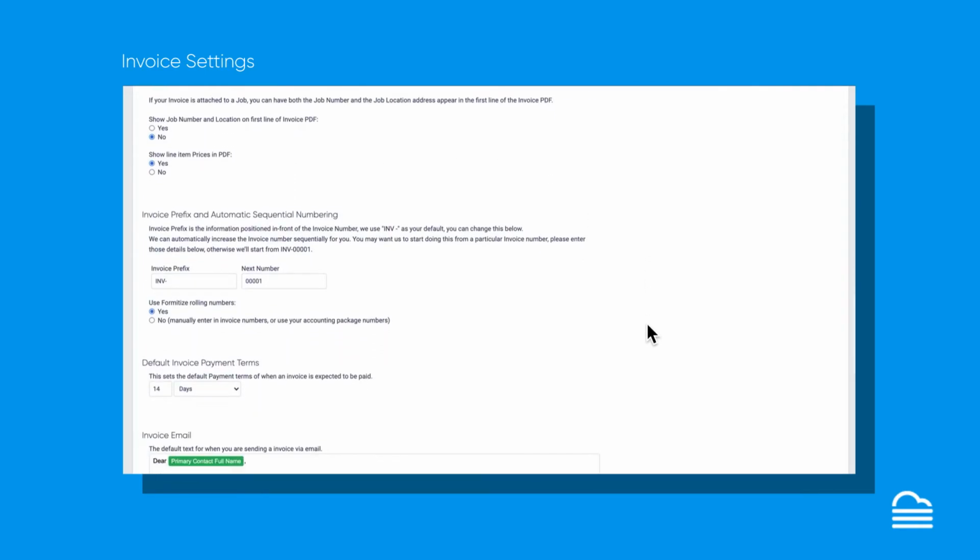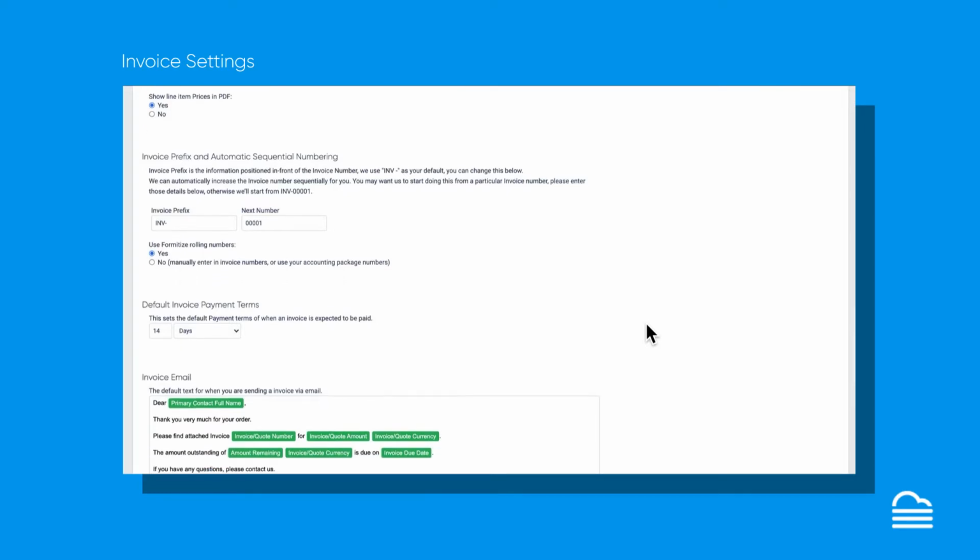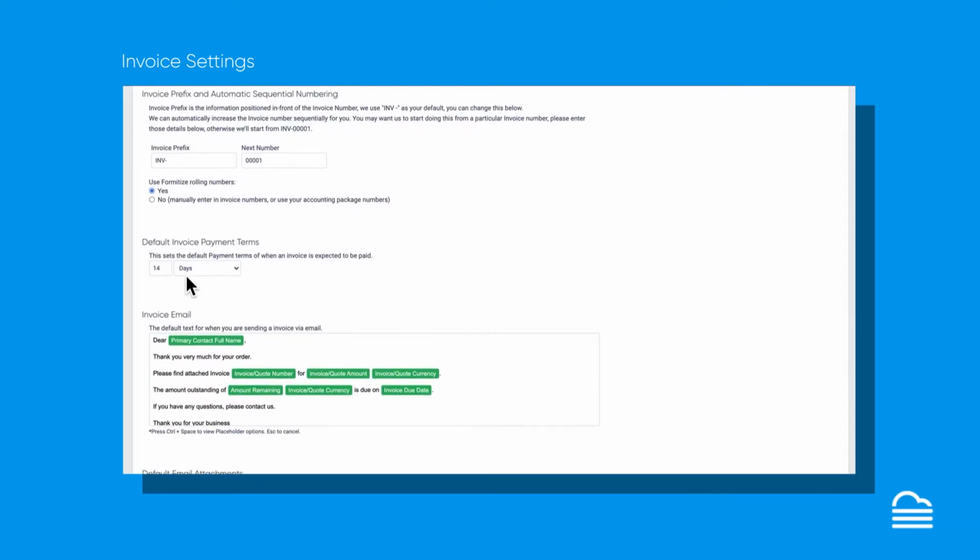Your numbering options can pull from your accounting package numbers if you're integrating your draft invoices with your accounting package. If you're not, then you can just start from a rolling number. Your default invoice payment terms are set here, as well as being able to update individual customer payment terms. So you can set what their payment terms are, but by default, typically most of your clients would be whatever